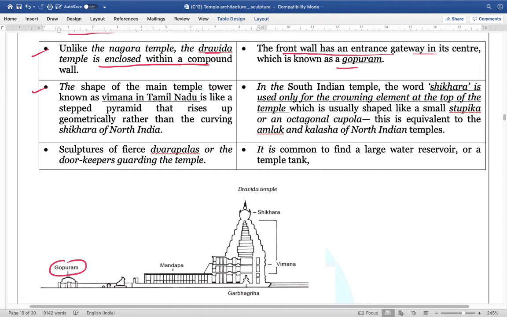The shape of the main temple tower basically known as Vimana, ये विमान हो गया मेन टेम्पल टावर के लिए, is like a stepped pyramid, स्टेप की तरह बना होगा ऐसे ऐसे करके. That rises up geometrically rather than curve. यहाँ पे geometrically rise करेगा और नॉर्थ इंडिया में क्या होता है, it was curving शिखर that was there. यहाँ पे steps होगा. In the South Indian, the word shikara is used mainly for the crowning element at the top of the temple. The crowning element will be a shikara that would be there,